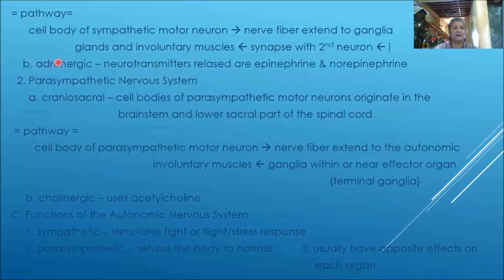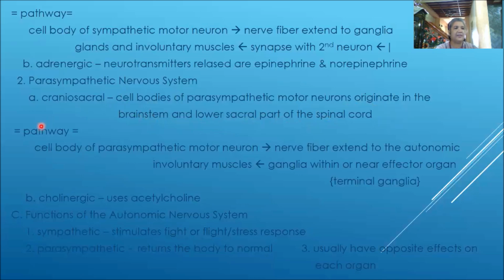And the neurotransmitter here in the adrenergic system is your epinephrine and norepinephrine. Your parasympathetic nervous system, the cell bodies come from the craniosacral. So the cell bodies of parasympathetic neurons originate in the brainstem and lower sacral part of the spinal cord. The brainstem is the lowest portion of the brain, which is in contact with the spinal cord,